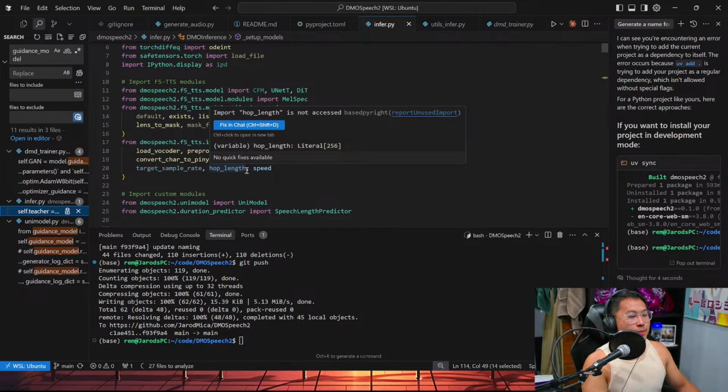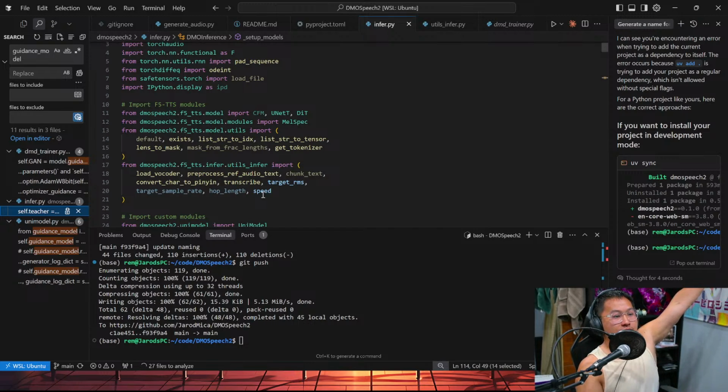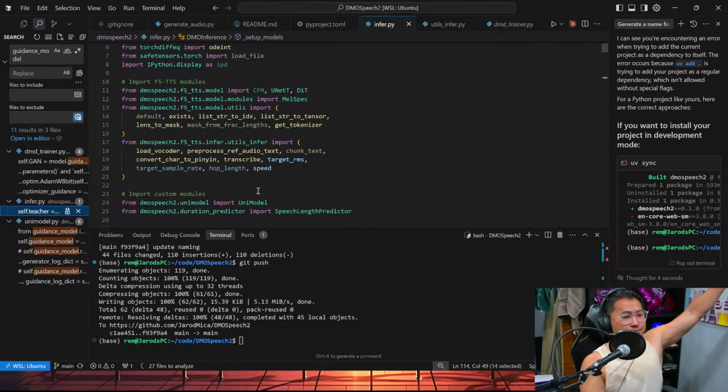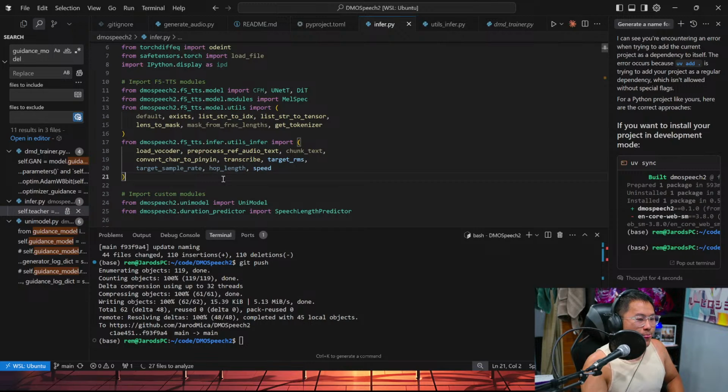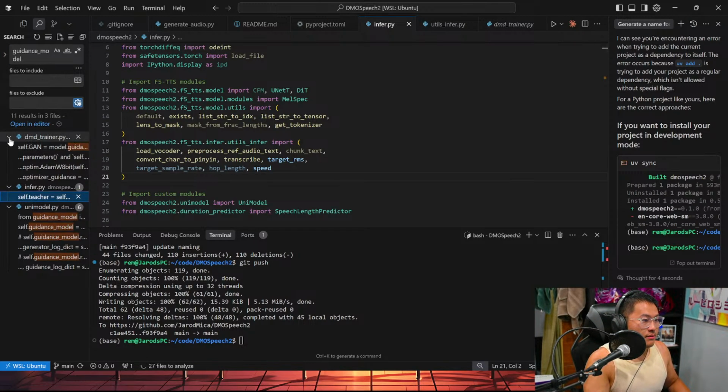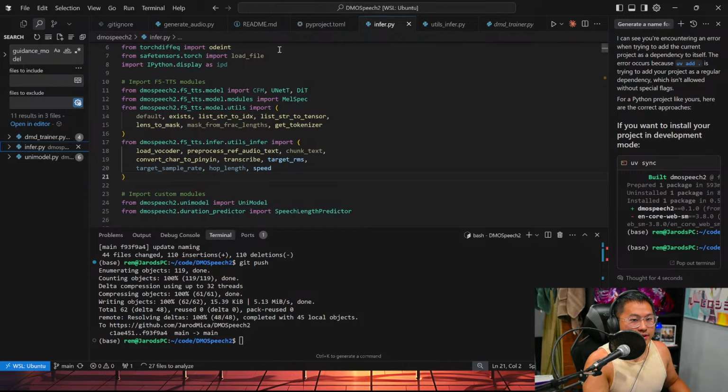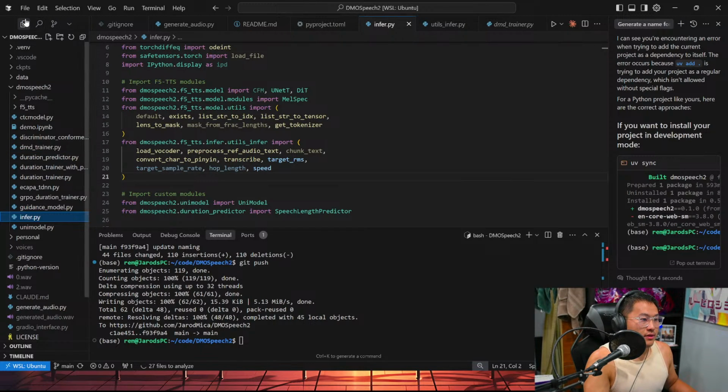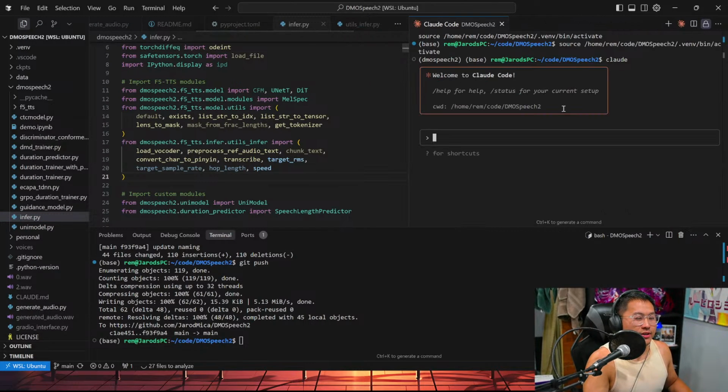Okay, I'll probably debug DMO Speech 2 as a package off stream, just because I've got to do a bunch of trial and error just to find out which modules I need to change imports for, and that's going to be a lengthy process, I think. Or hold on, maybe not.